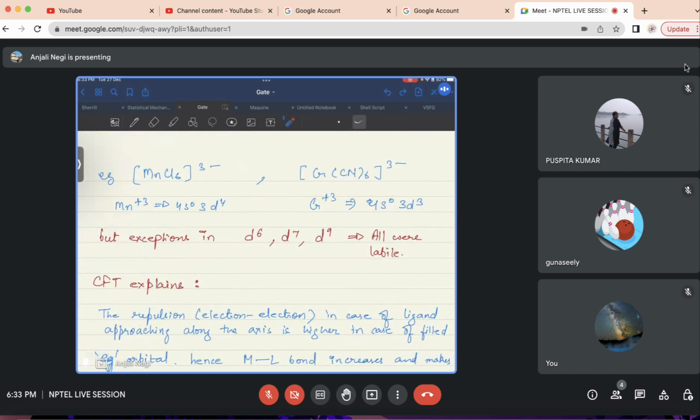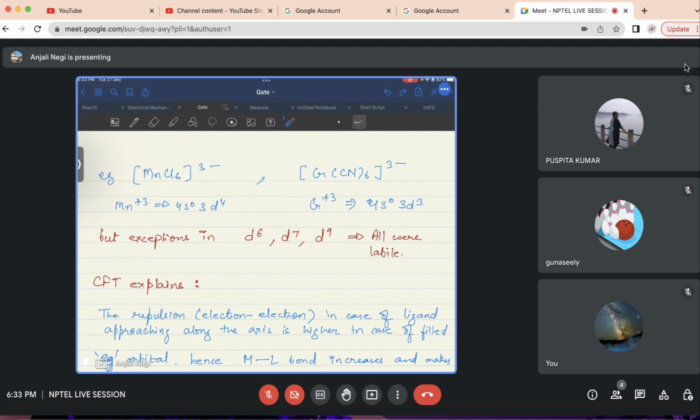So the examples given were like MnCl6 and CrCl6. Mn3+ has the electronic configuration 3d4, and chromium 3d3. But there were some exceptions to this, that is the d6, d7, d9 were all labile, but according to VBT they were inert, correct? So this exception